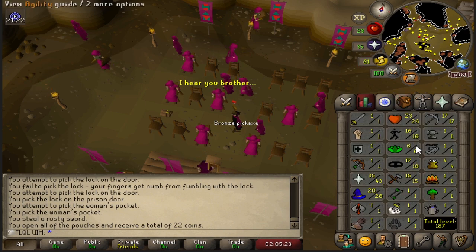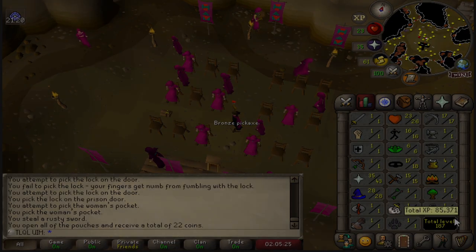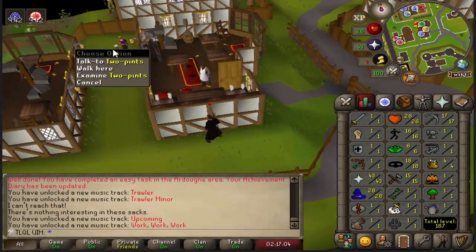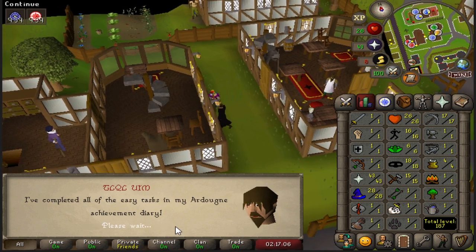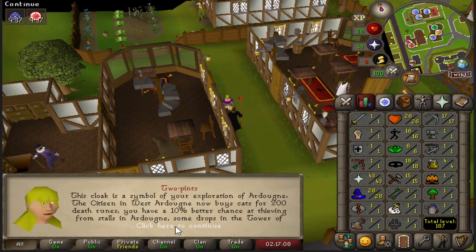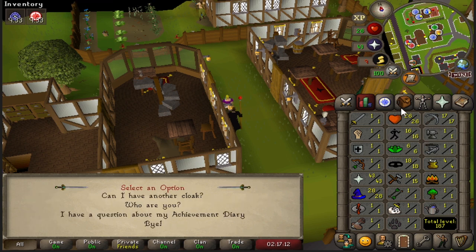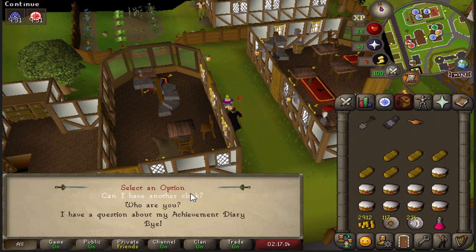So let's go ahead and claim that cape. I was able to knock out the fishing trawler part as well when I was getting the rusty sword turned into a normal sword, and by talking to 2 pints here, this is going to give me the Arty Cloak 1. So I do get an XP lamp, can't use it until I have a skill at level 30, and